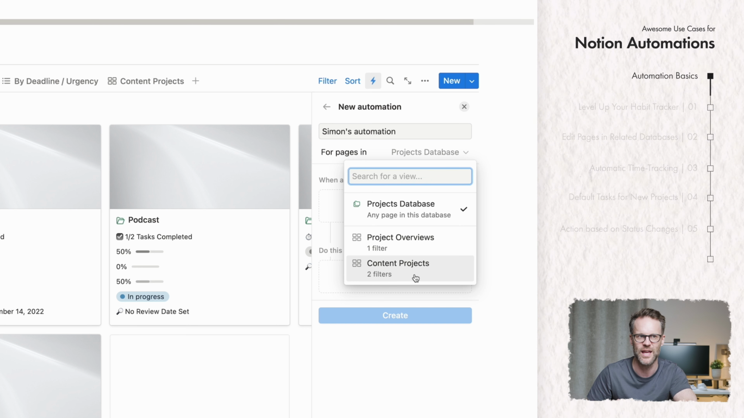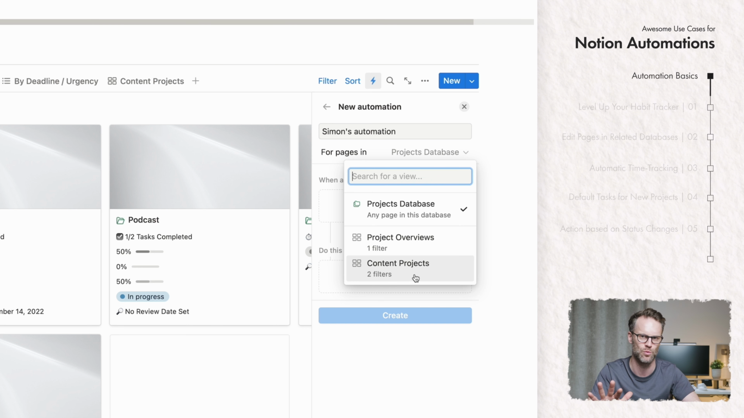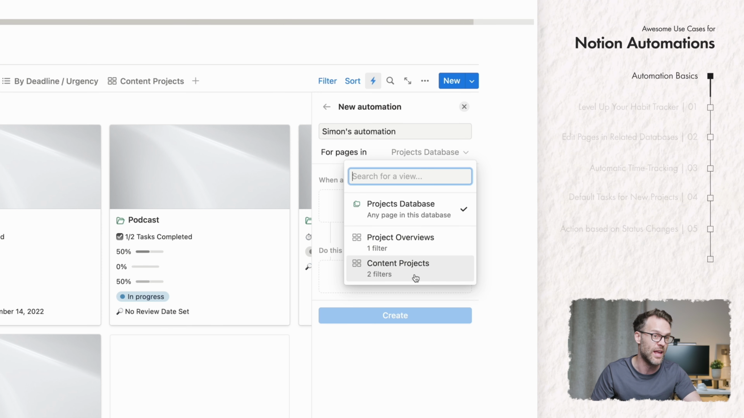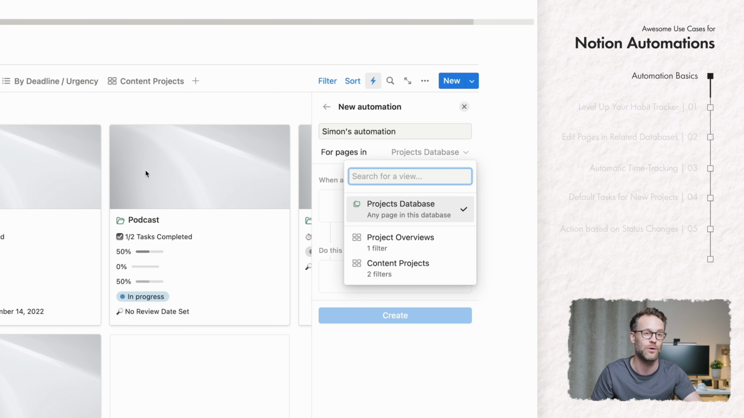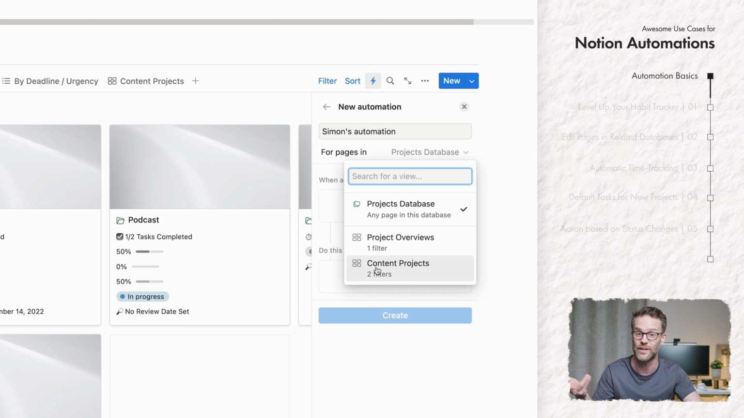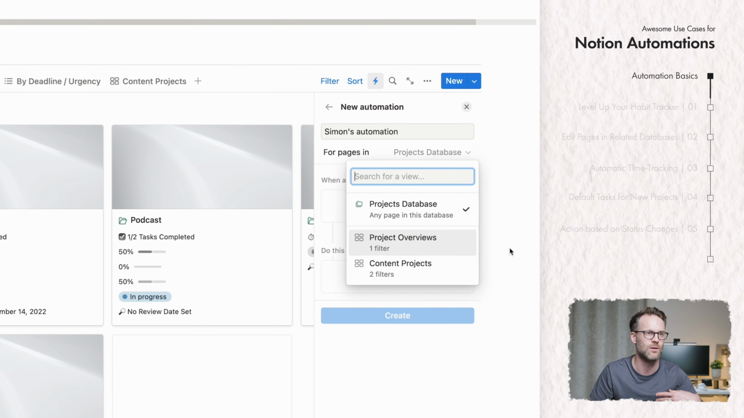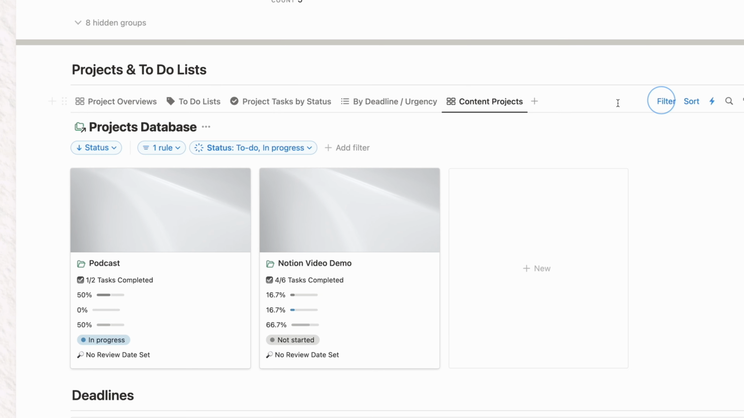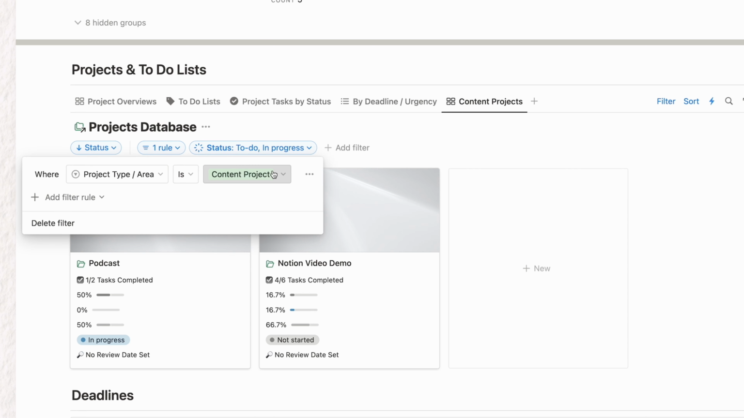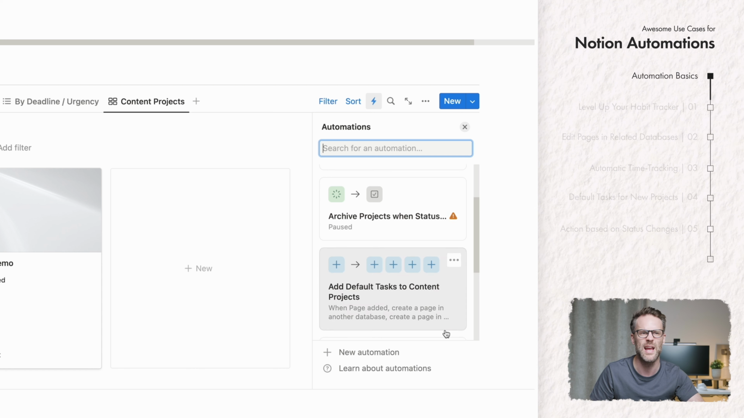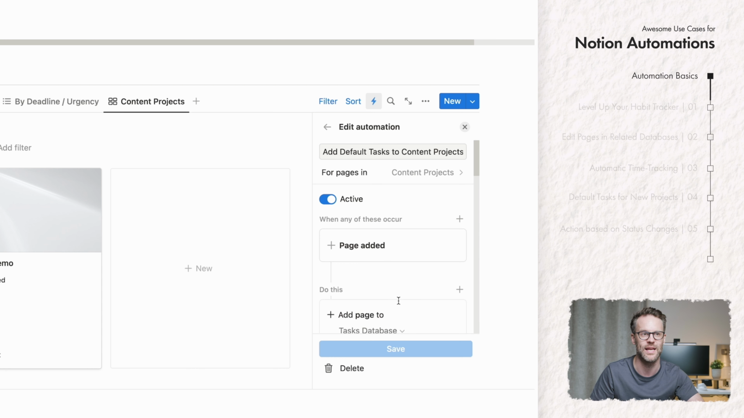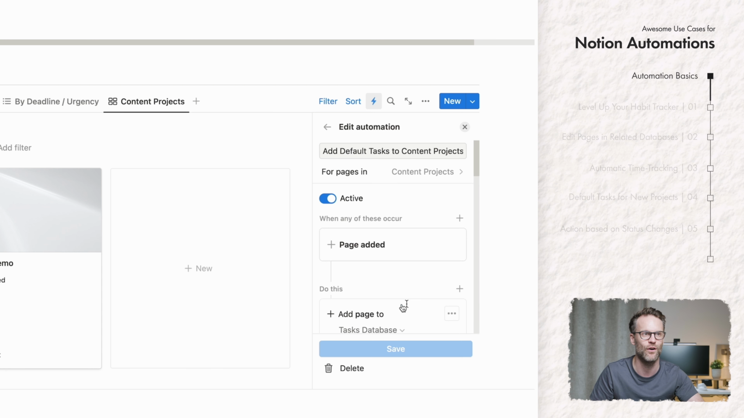Now, the advantage of this is for my default tasks workaround, where you want to create an automatic set of default tasks within a project. You can do that for anything in that database, but also I could do it just for specific content projects. So for example, in this view, I've actually filtered by where the project type is a content project, and I have a specific automation which will create default tasks for a content project only if I do it within this